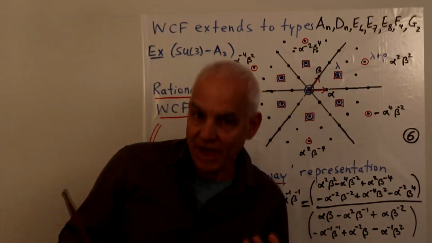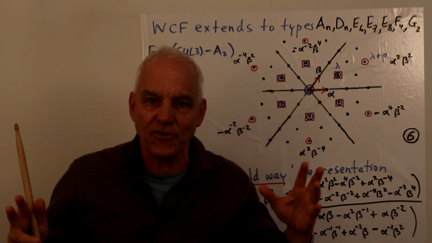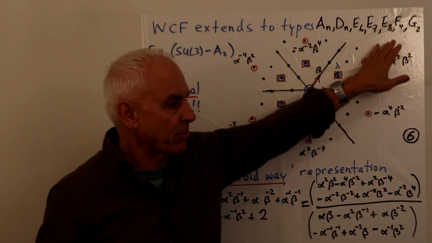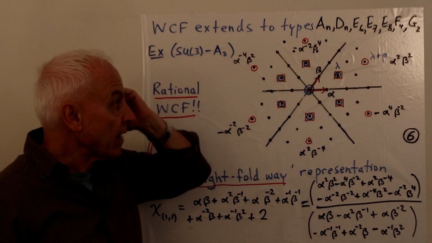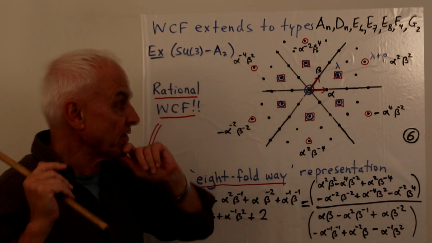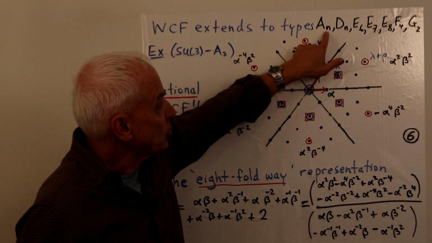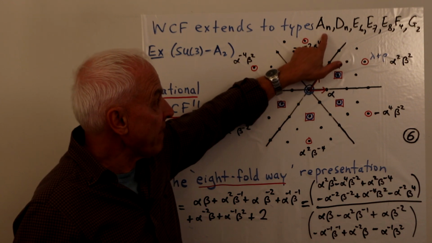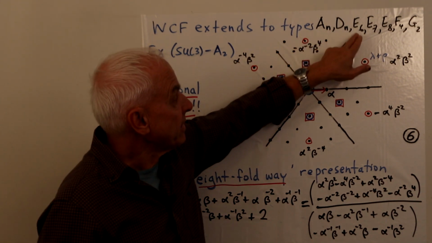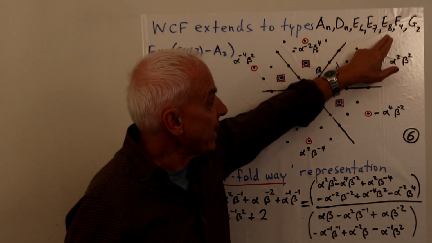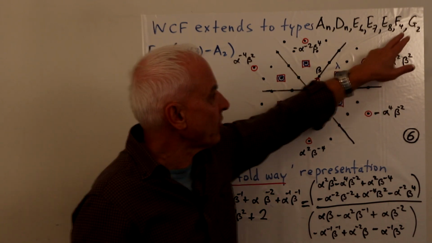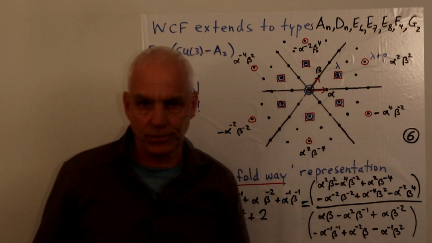So the beauty of the Weyl character formula is that it extends in a remarkable direction to include all the compact, simple Lie groups. And these were classified by Killing and Cartan at the end of the 19th century into two unbounded families, the A_N family and the D_N family. So N is a natural number. And then E6, E7, E8. These are three exceptional ones in the E family, and then two other exceptional ones called F4 and G2.